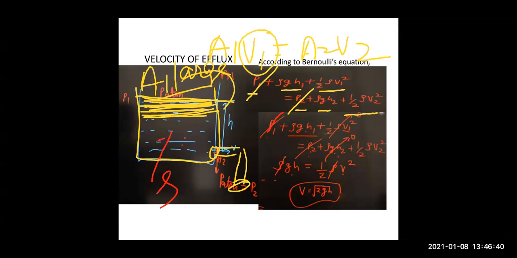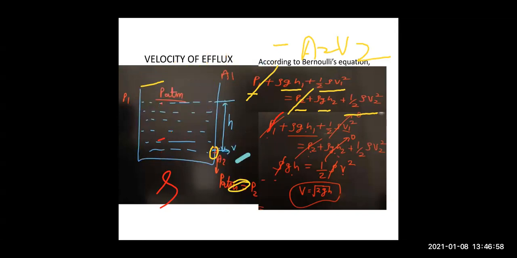In the tank, we do not see the water flowing downward with any velocity if we put our tap on, right? So your velocity V1, that is the velocity of the water in the tank when you put the tap on, is very less. It is negligible. So children, the velocity of the upper layer V1 is nearly equal to 0. So the term half rho V1 square will get cancelled. Right? Three terms got cancelled.